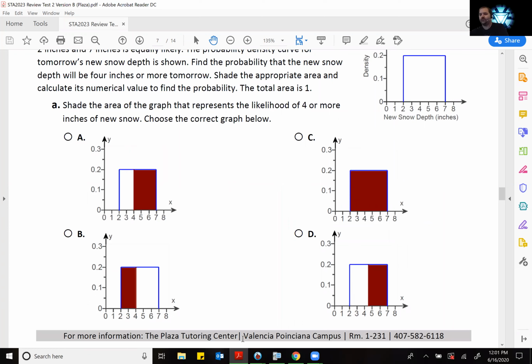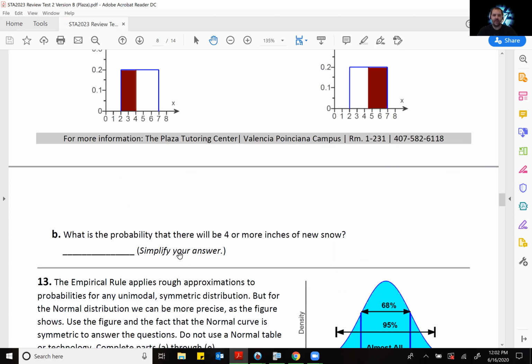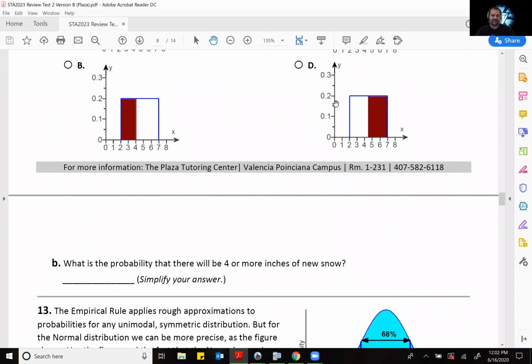Now, the next question is going to be, what is the probability of that happening, if I remember correctly? Let me scroll down a little bit. Yep. So what's the probability? And it says to simplify your answer. I'm not sure why we would have that there. I assume it's going to want the decimal because it doesn't say anything about the percentage. Okay. So